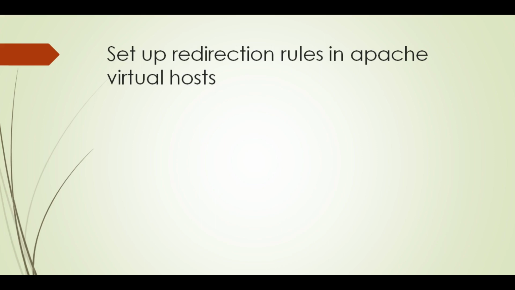In this video, we will see how to set up the redirection rules in the Apache virtual hosts. This will be needed if you have multiple websites hosted on your computer. We had set up the domain name to the IP address of the home computer. If we have multiple websites, we don't have multiple IP addresses. So the two different websites will still point to the same IP address, but we have to do the setup